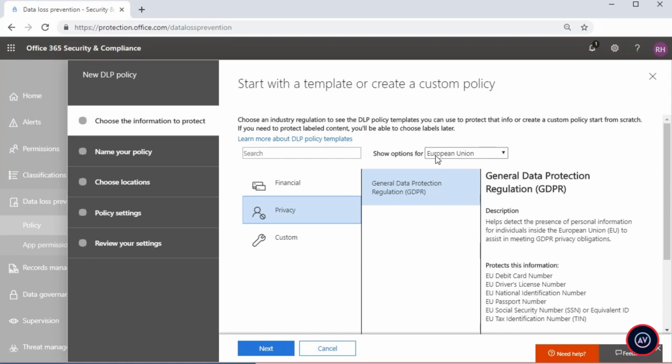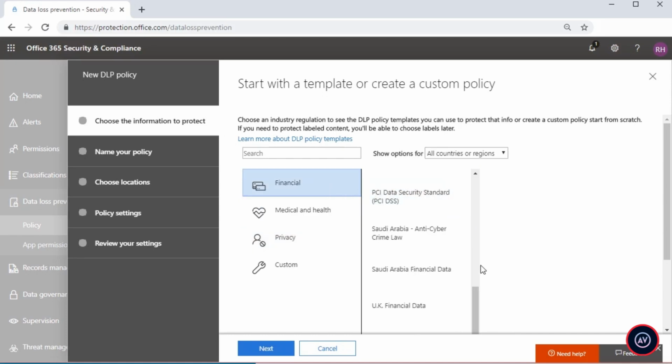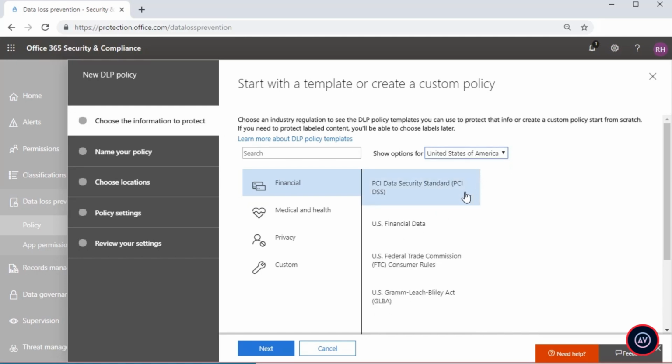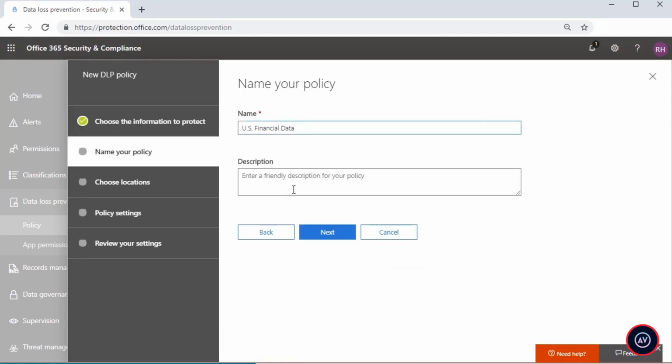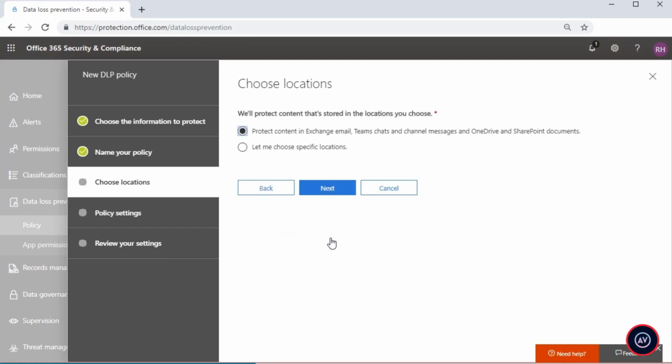We can also see that there are templated policies for General Data Protection Regulation, or GDPR, which can also be selected. Let's select US financial data, as this most accurately reflects the data we are trying to protect for Globomantics, for example. Let's give this a policy name. I'm going to go ahead and put Globomantics down here and a slight description so that you know what the